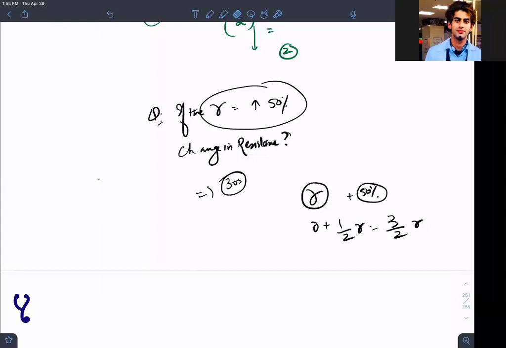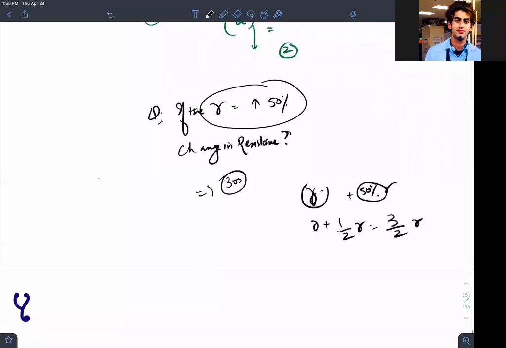I know what you did; in the brain, you calculate it in that way. But please use the pen. You have to first say, this is the original resistance, R. Now I am increasing that by 50%. That is 50% of R, so first I will be adding this. R plus 1 by 2R is equal to 3 by 2R. So the final resistance now is 3 by 2R.